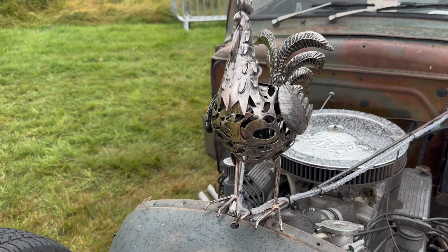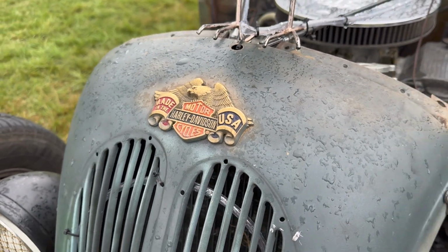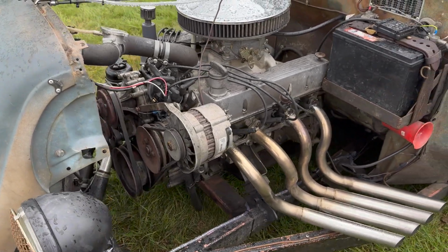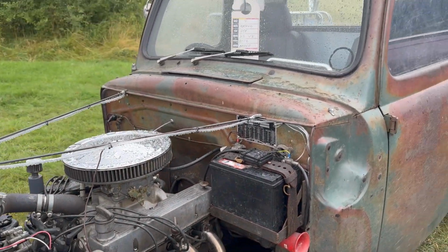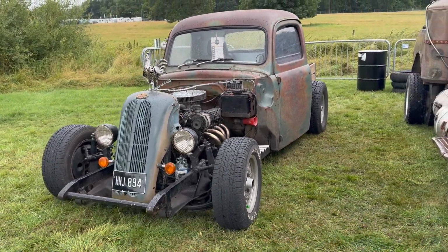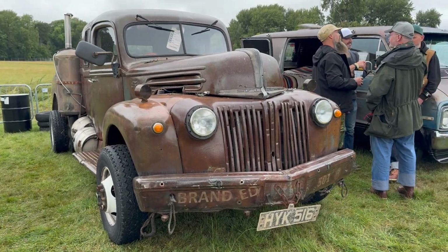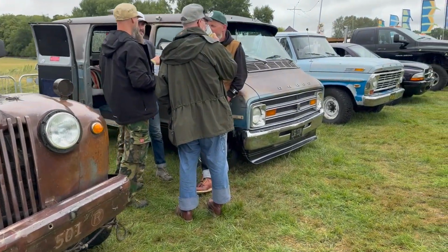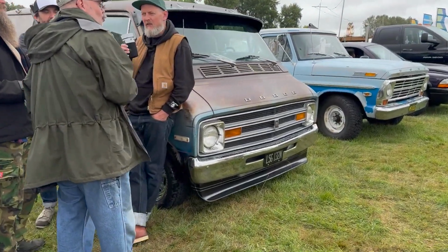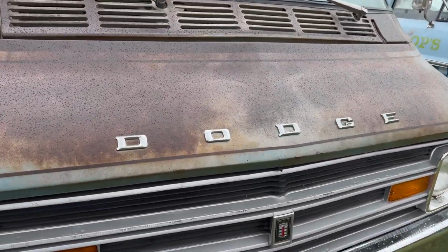Now, speaking about standard and modified, this again is something really refreshing that you see at American car shows, is you see everybody welcomed in equal measure, whether your vehicle's rat rodded, whether it's highly modified and looks nothing like what the manufacturer intended, or whether it looks just like it did when it left the factory. Everybody is equally as welcome,